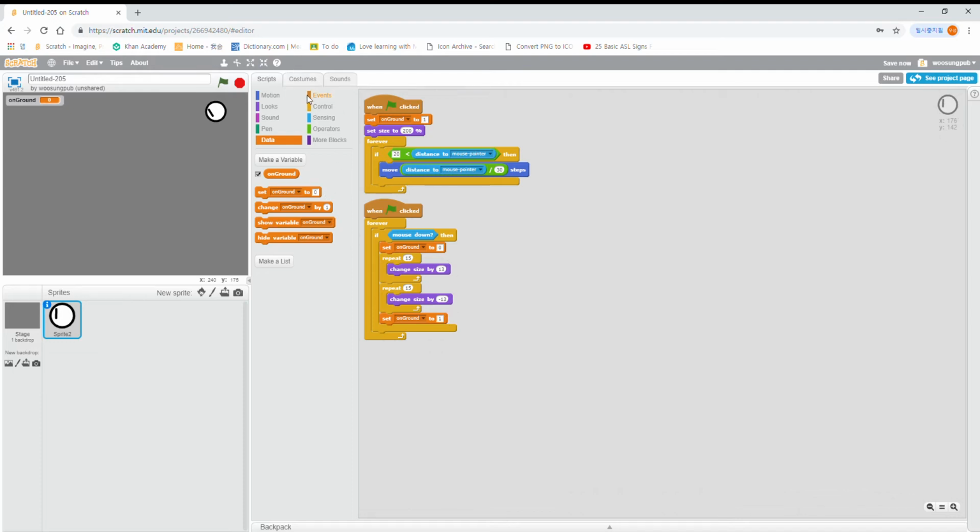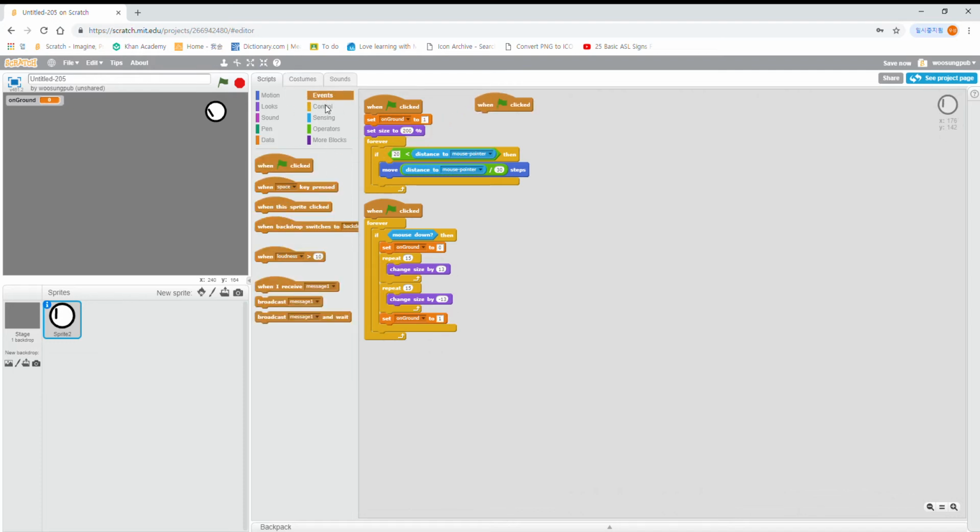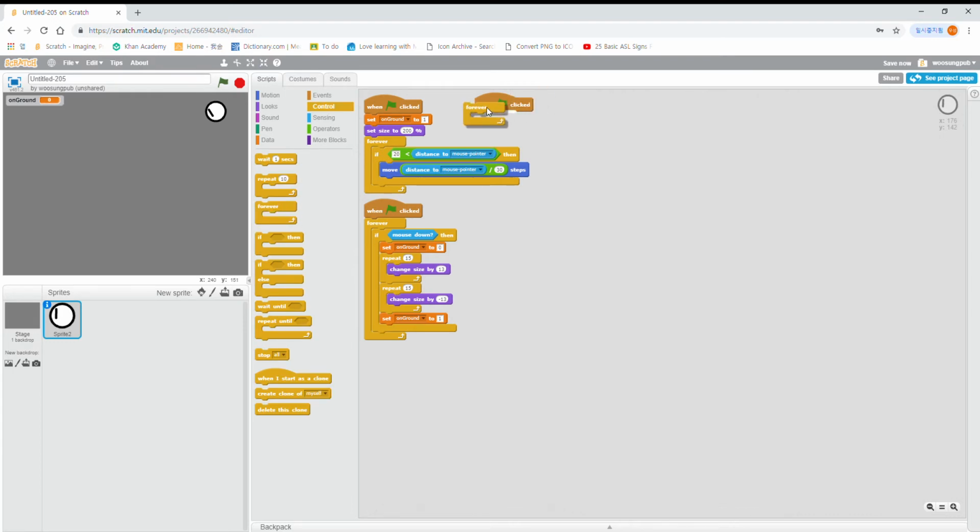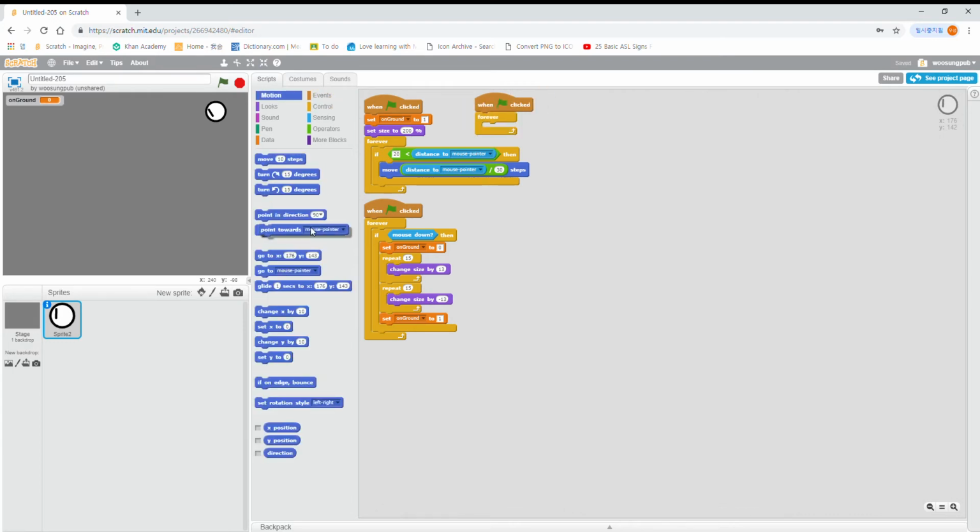Okay, and then the most important part: forever, point towards mouse pointer. Now if you do it, we have a nice movement. Okay, now